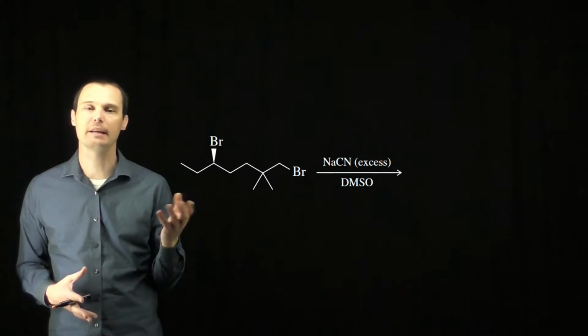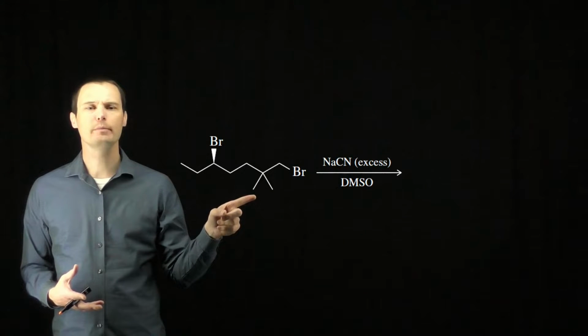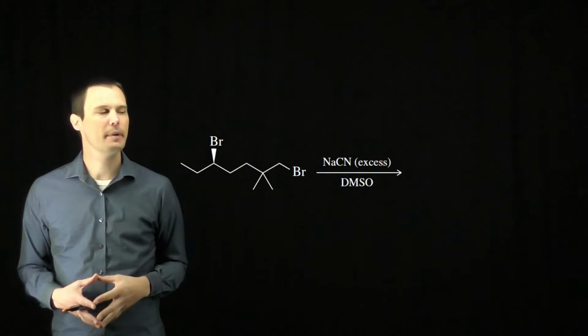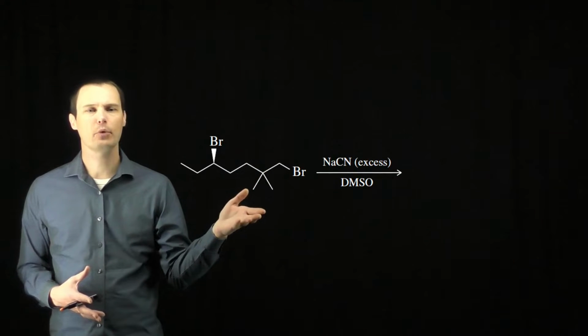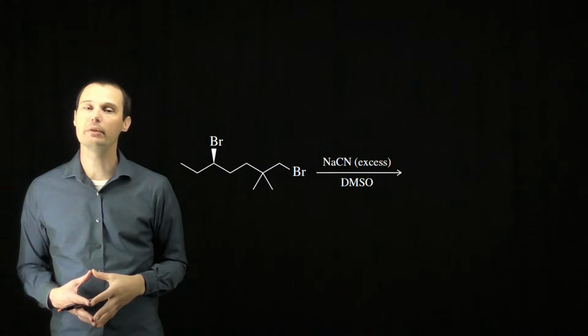sterically hindered than a secondary bromide. However, in this case, it is not true. What we want to focus on is these two methyl groups. Notice they're on the beta carbon with respect to the leaving group. When we have a beta branched alkyl halide, when we have a quaternary carbon adjacent to a leaving group, this